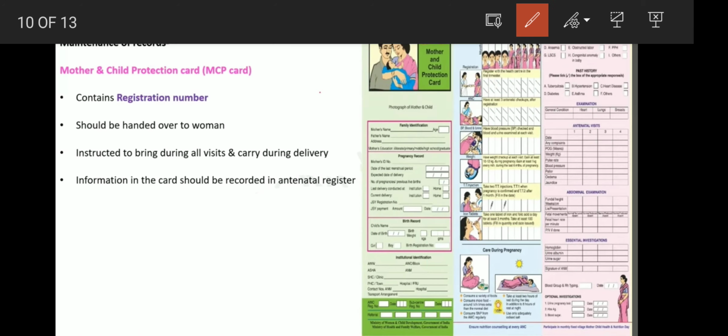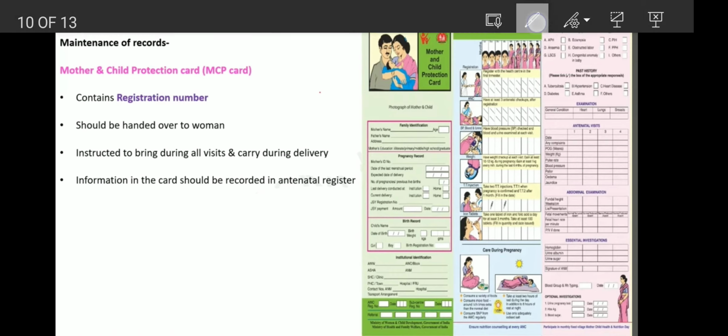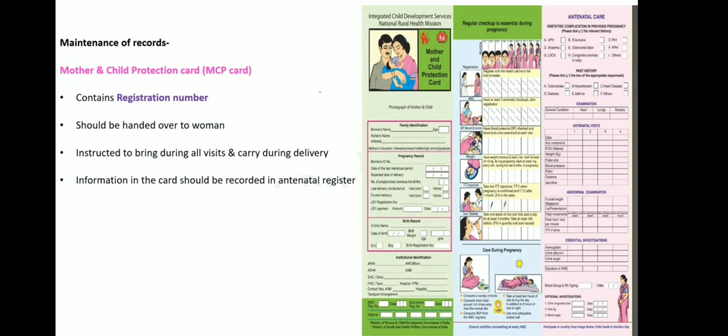The mother and child protection card should be duly completed for every woman who is registered. We have to provide this card for the mother. It will contain the registration number. Each individual number is given to the mothers who are attending the PHCs and CHCs. The card will contain the registration number and identifying data: the name of the mother, spouse, previous baby's name, or the family member, the guardian. It will also contain previous health history and the main health events if she has undergone any.